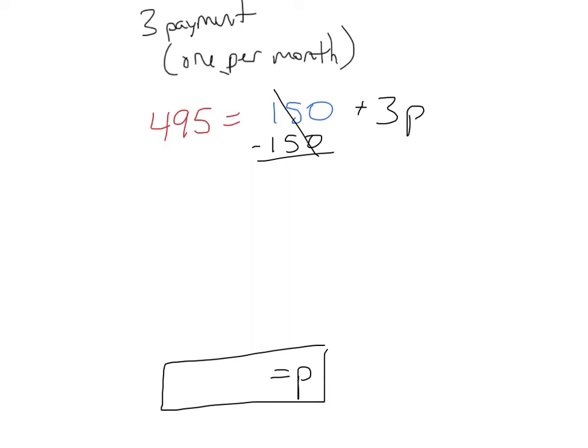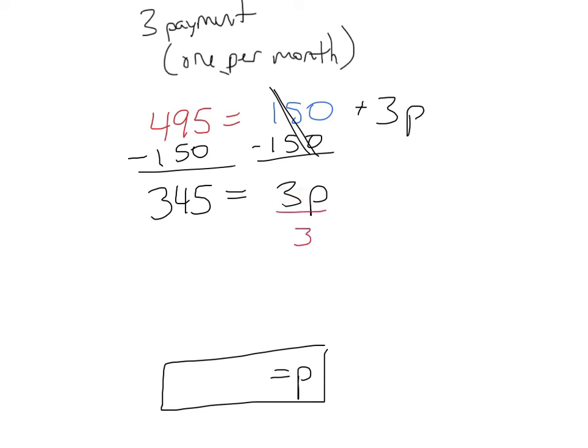But if I subtract 150 from one side, I have to subtract 150 from the other side. So when you take 495 minus 150, what do you get? You get $345. And that's equal to, well, 150 minus 150, we said it canceled, so you're left with a 3P. All right, your last step, well, P is being multiplied by 3, so let's divide it by 3 on both sides. And when you get 345 divided by 3, those cancel, and you get P to equal